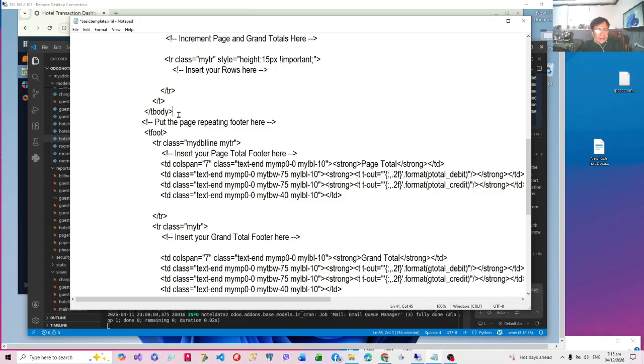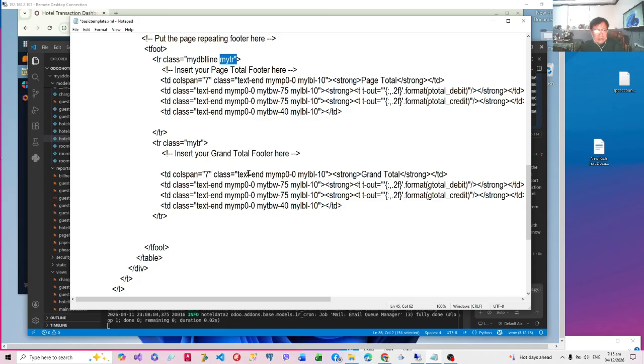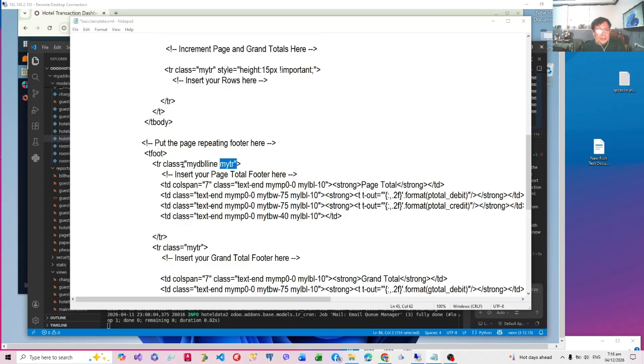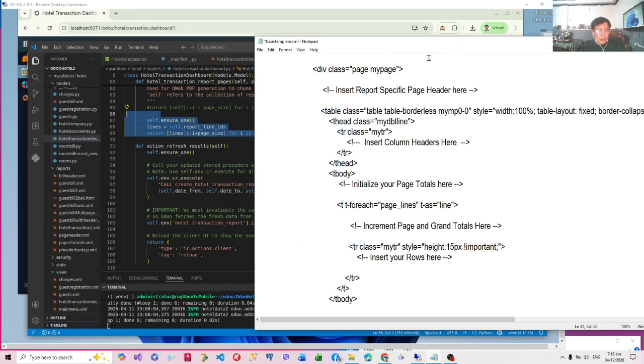So after the body, we started with a T foot, so it repeats at the footer. And then we have a my tr in the lines, no? to make sure there's no page break yet. So we are going to insert the first row as a page total and the second row as the grand total.